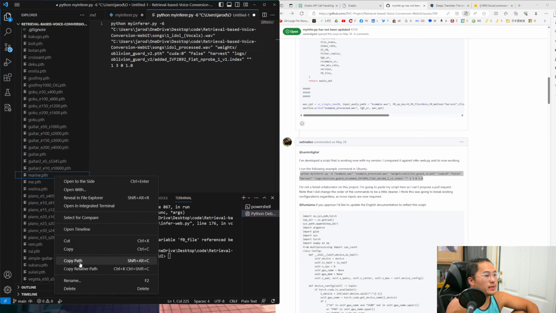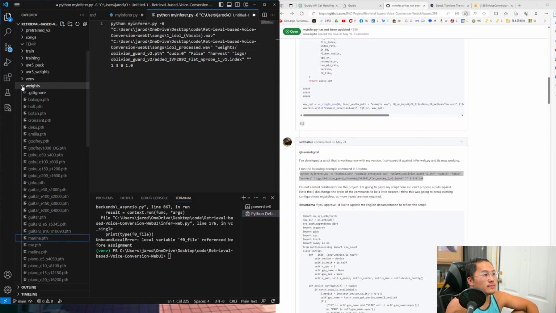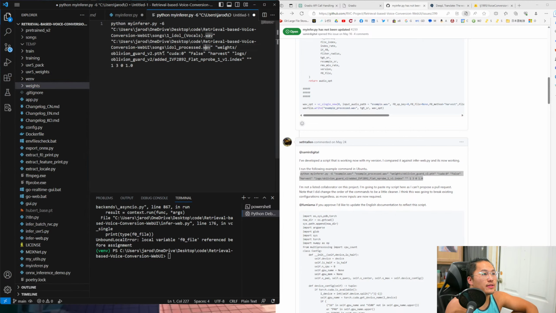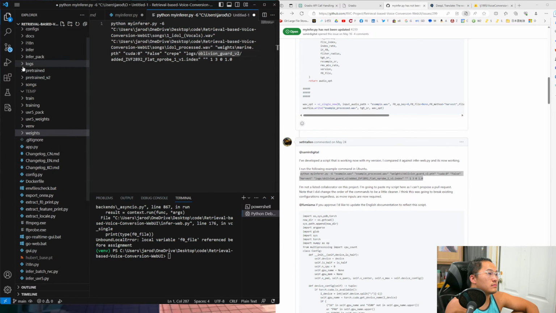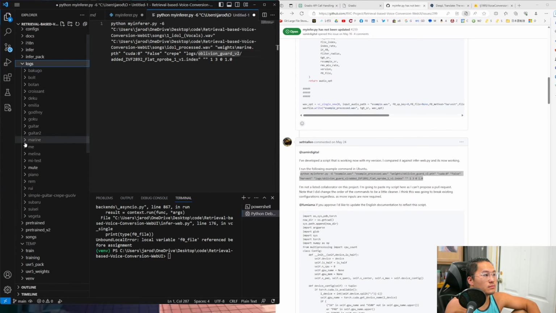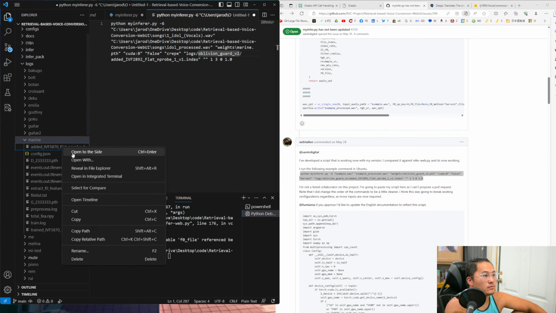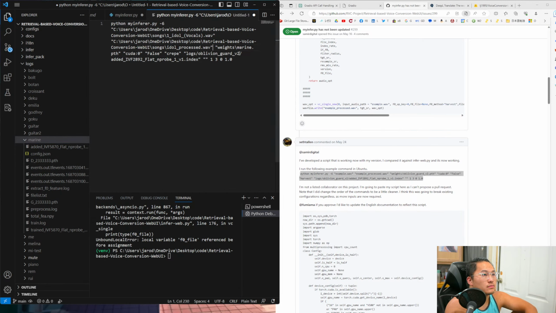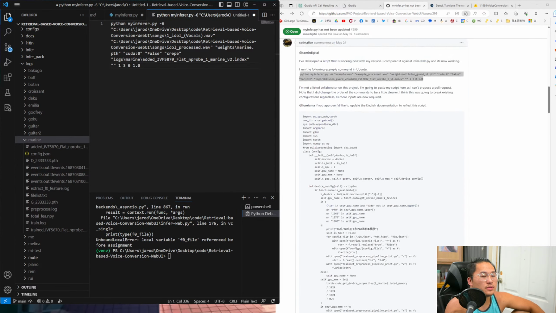Do our modding path. I'll probably do relative paths. And this one is going to be